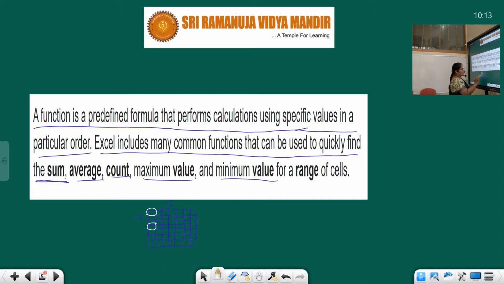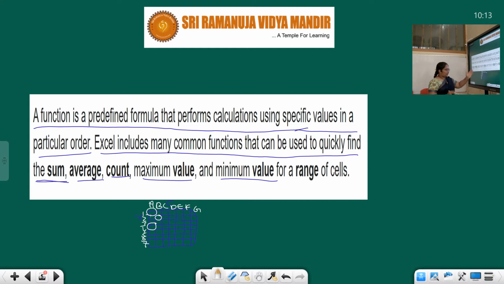It is in a rectangle format, so it has an individual name. A, B, C, D, E, F, and G. Each individual column has an alphabet shown here. And this is 1, 2, 3, 4, 5, 6, 7.